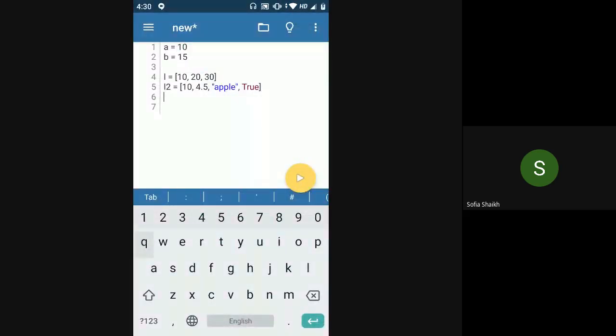So again, most of the things that we had used for the string, like the operations, we had seen the addition operation, we had seen the multiplication operation. All of these things would be very common in lists as well, because both of them come under the sequence data type itself. So most of that would be repeated in this case too.